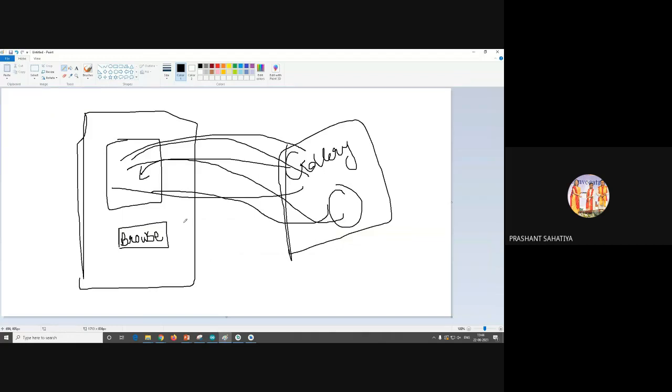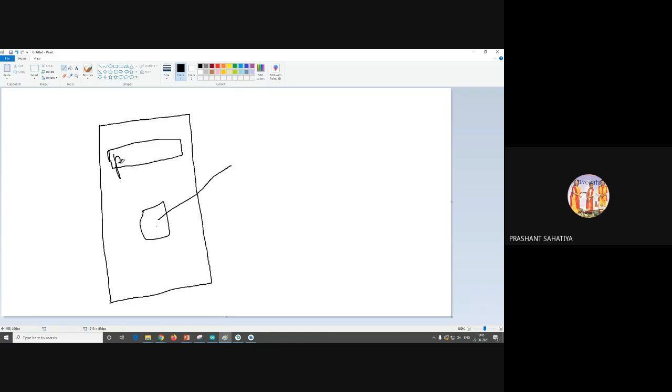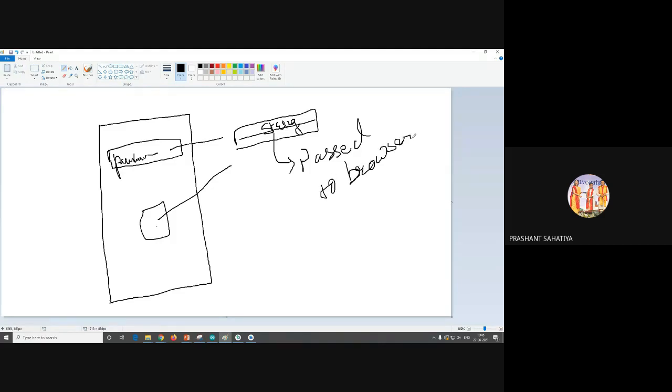Now the logic portion is like this. There is one edit text, there is one button. Okay, now clicking on the button, what have I given here already, here I have given it the link. Okay, before clicking on this button I will be giving the link to it. So it has the link, now there is a button, so on button click, all of this should be converted into one common string. String is nothing but a collection of letters. Okay, it should be converted to string and then it should be passed to the browser as a URL. Okay, as a URL. So this much we have to do.